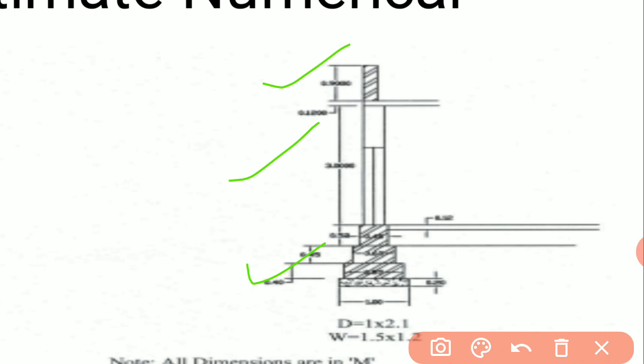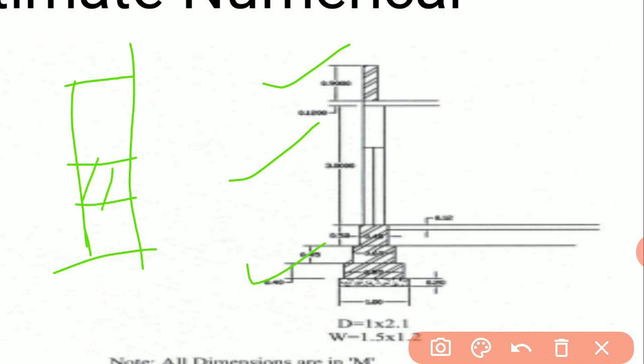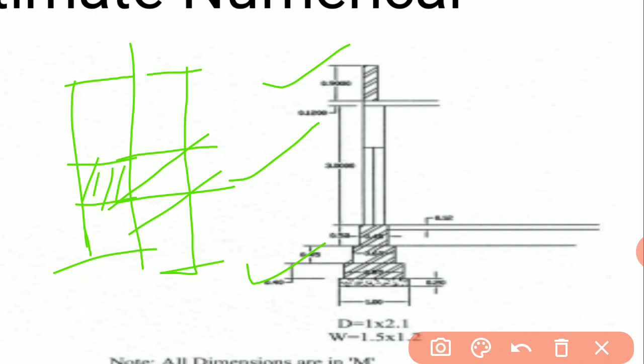Okay, so suppose we have this section of wall. In this wall we have a window over here. This is a window, glass window or aluminum window, whatever it is, but there is one window. So that will be the deduction part we are going to consider. Whatever height, width, and length we have considered, from that we are going to deduct this window part. Similarly it is the case for doors. So we are going to deduct doors also.